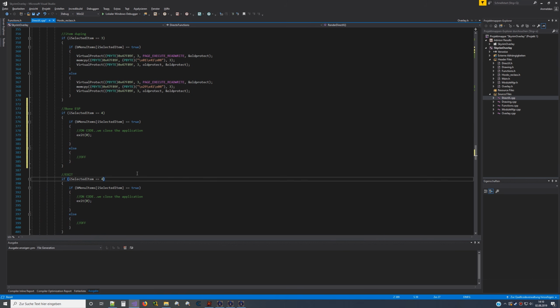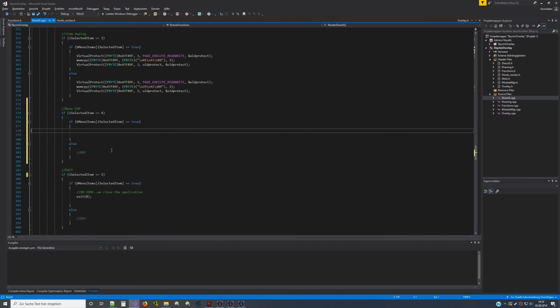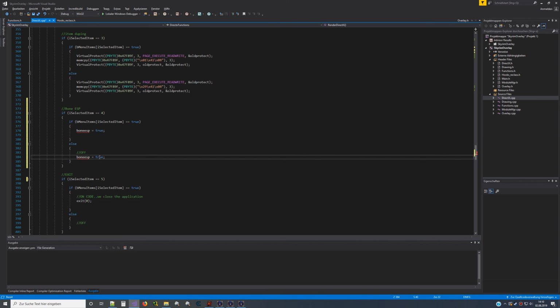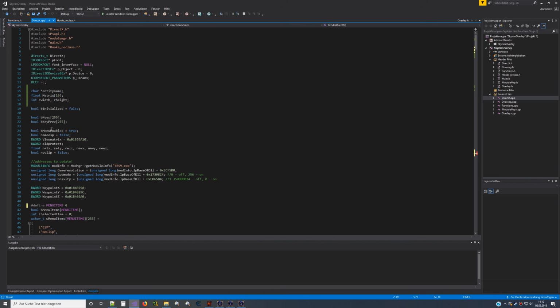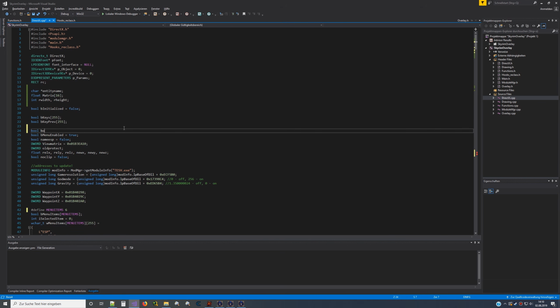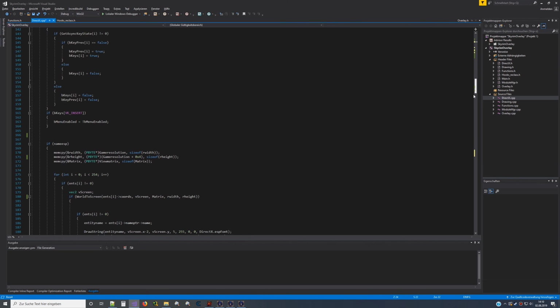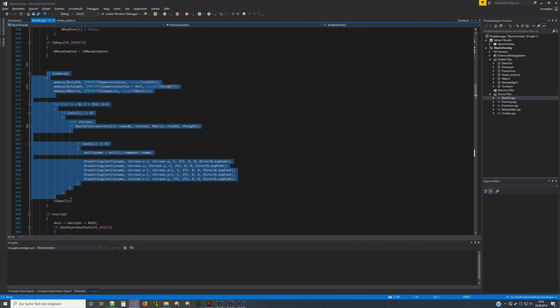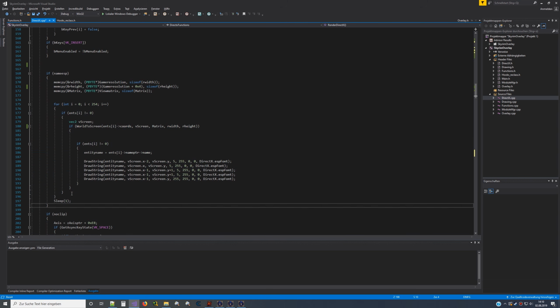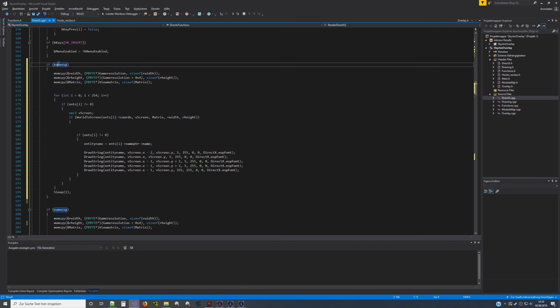Bone-ESP, this is 5 now, and Bone-ESP, which doesn't exist yet, is true, and in here it is false. So we're going to create a new bool real quick, call this Bone-ESP, initialize it false, and now we just copy the normal name ESP in this case, just paste it in here, call it